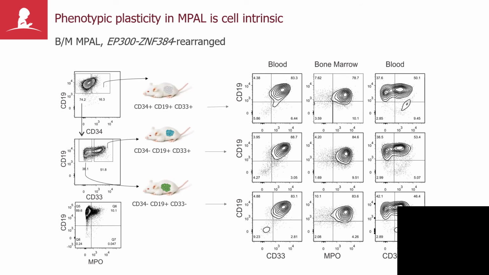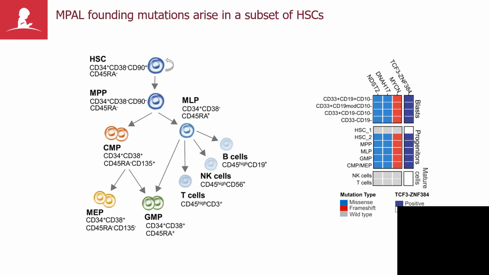There are several other lines of evidence that support this. There's also supportive data from looking at diagnosis relapse data. We've published this in this paper and also recently in a large-scale study of diagnosis relapse leukemia, where we often see that the leukemia lineage can change over time. At diagnosis, it might be mixed phenotype. At relapse, it may be B-ALL or vice versa, but the founding lesion, such as one of these fusions, is exactly the same. It strongly suggests that the right founding lesion in the right progenitor confers this lineage plasticity.